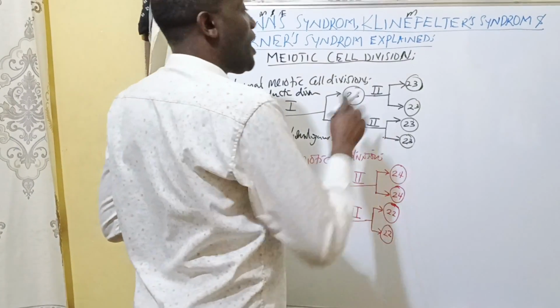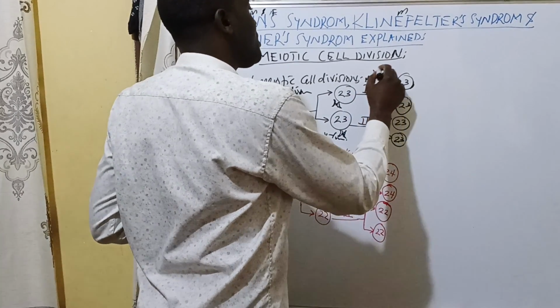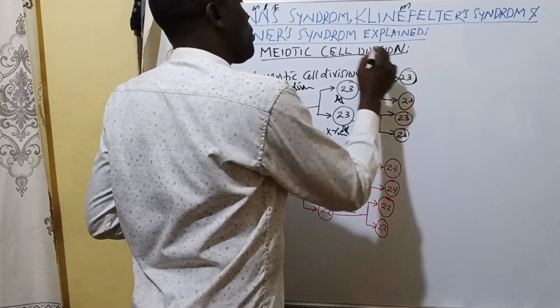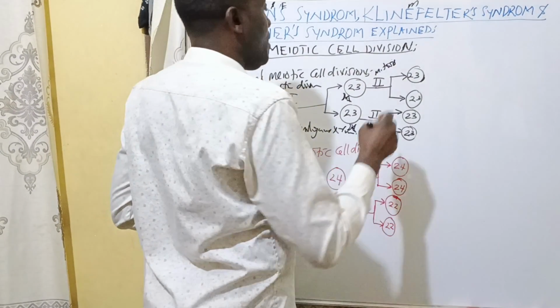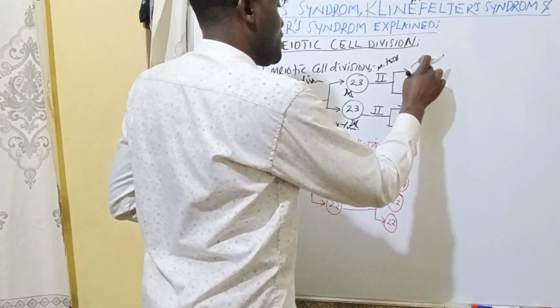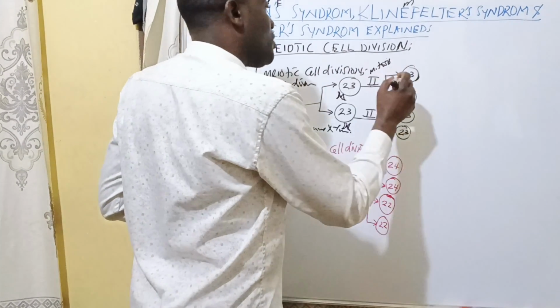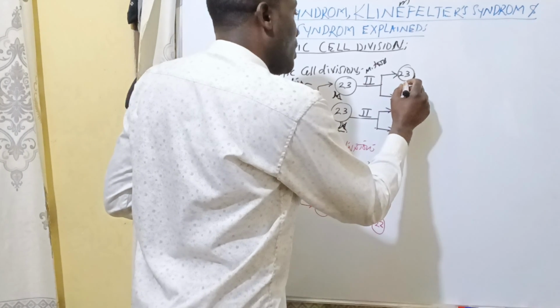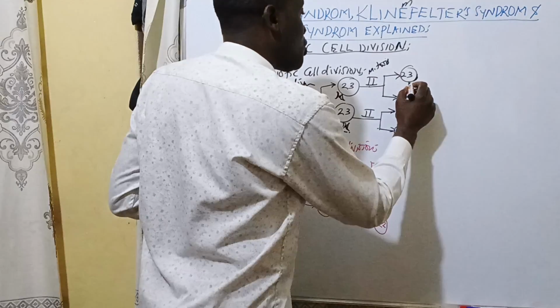Now, meiosis 2 again occurs. However, this meiosis 2 is exactly like a mitosis. Why? The chromosome number is conserved here. What happens? Each one still has 23, 23, 23. Okay? However, the 23 chromosomes we're talking about now are single chromosomes where each chromosome has two arms,